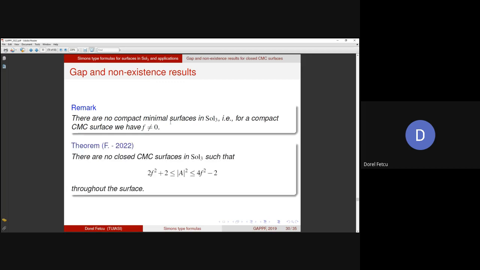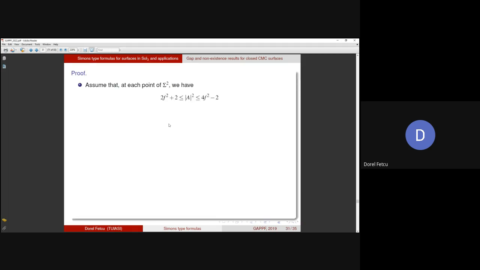So we have a first result, which says that there are no closed CMC surfaces in Sol such that the squared norm of A satisfies these two inequalities at any point on the surface. So this is a gap theorem, and its proof goes like this. We assume that at each point of the surface we have the two inequalities, and we consider this quantity E, which is given by the Laplacian of the square norm of A